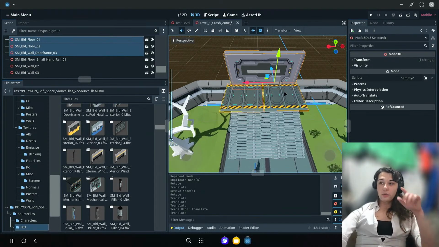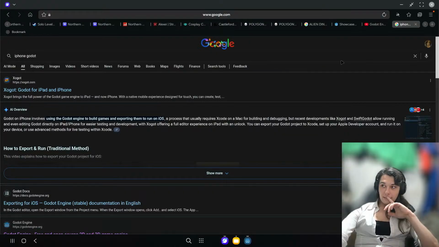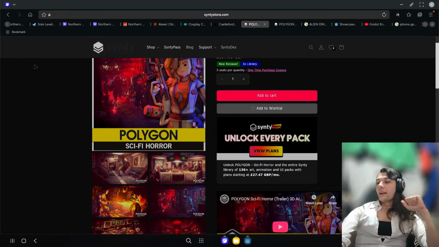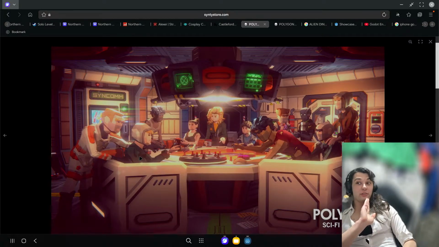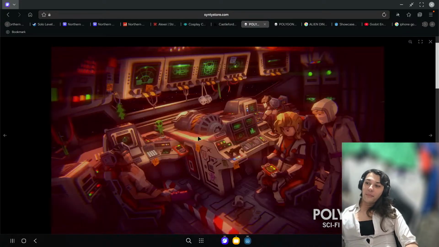Because, yeah, I'm using a lot of pre-made assets from a company called Cinti. So this is one of them. Guess where they got the inspiration from? But I love their assets. So because I'm currently using...